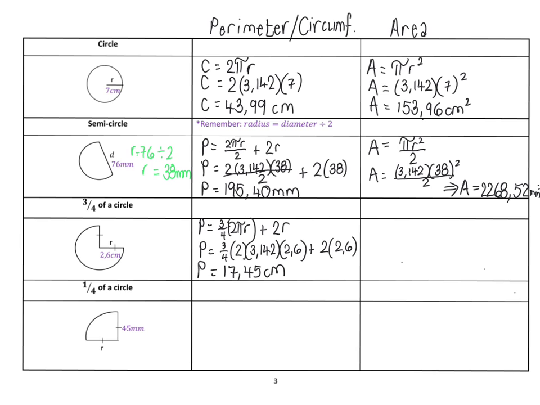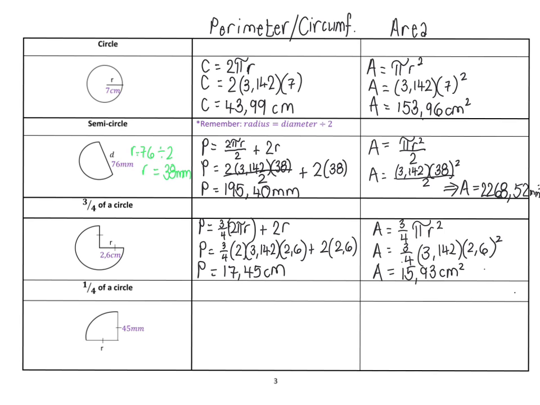centimeters. Now the radius is 2,6 again, and the area would just be 3/4 of pi r squared. And then if I substitute, it's 3/4 multiplied by pi 3,142 multiplied by the radius squared, so that's 2,6 squared. And then if I put that into my calculator, it gives me 15,92994, and if I round that, it's 0,93